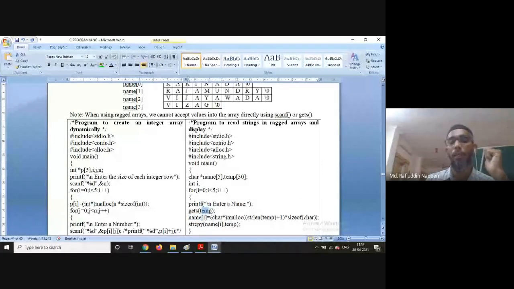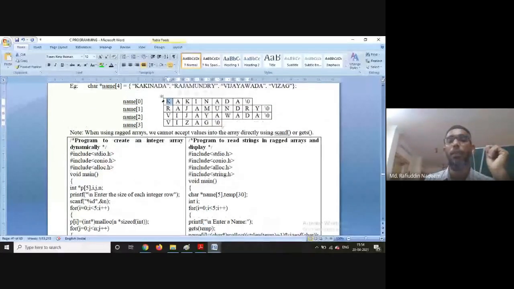Now, name[0] is equal to (char *), so we are typecasting, malloc of strlen of Kakinada. What is the length of Kakinada? 8 plus 1. 9 bytes of memory is allocated. And then you are copying Kakinada into name. Like this, an array is created, like the first line which is mentioned here.